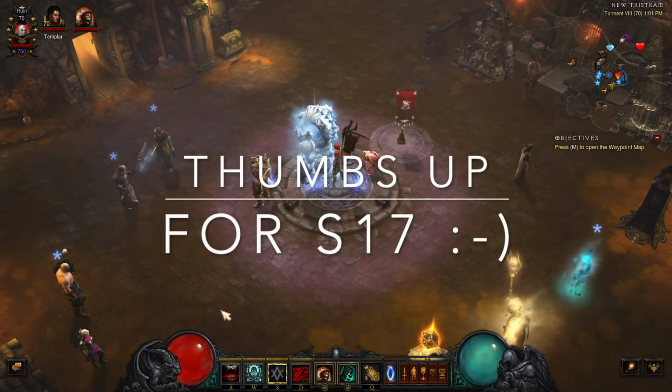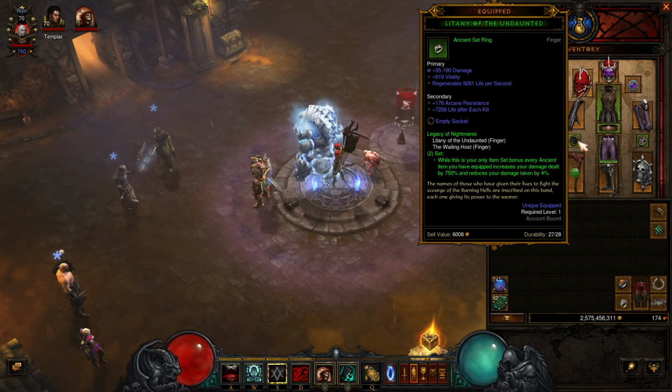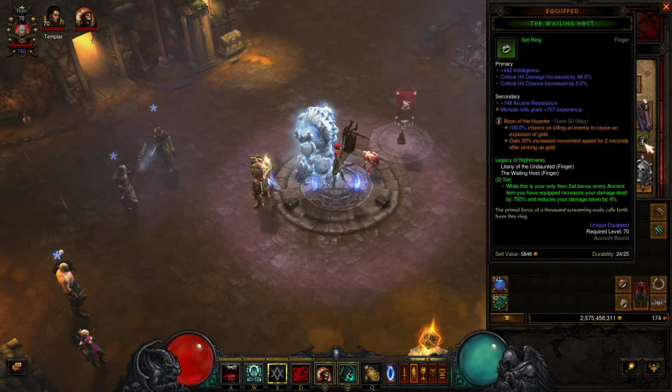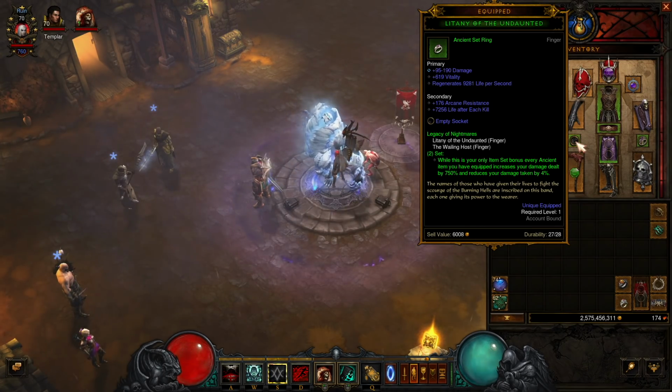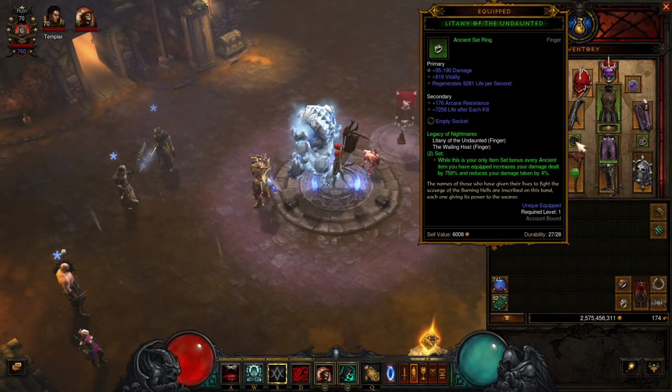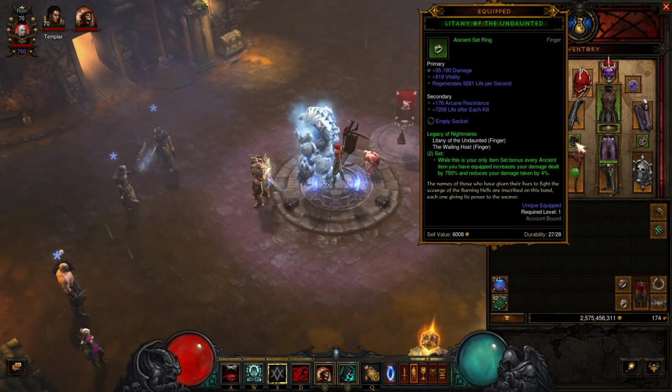Okay, so Season of Nightmares, this basically revolves around the seasonal buff we're going to get, which is the Legacy of Nightmares set bonus. Normally in the game it's a set item. There are two rings, the Litany of the Undaunted and the Wailing Host. Now the bonus says that whilst it's your only set bonus active, every ancient item you have equipped increases your damage dealt by 750% and reduces your damage taken by 4%. Now you've got 13 slots on your character, so 13 times 750 is 9,750, so it's almost about